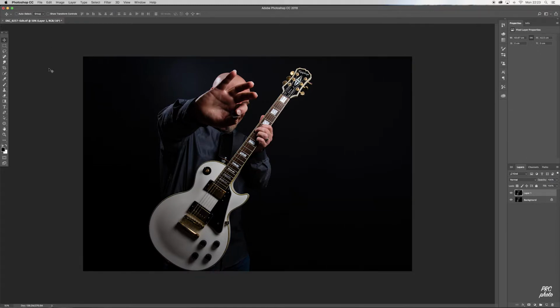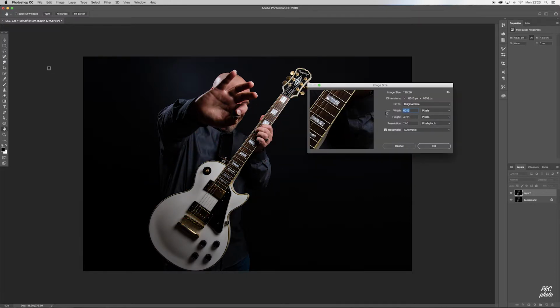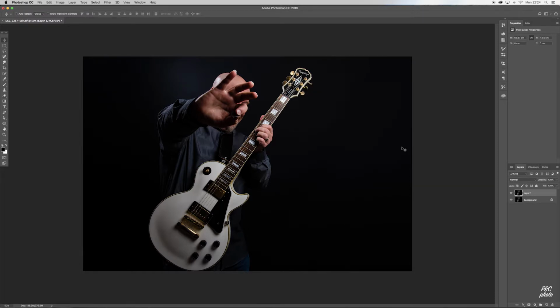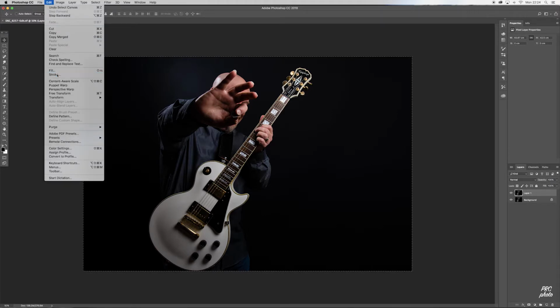First of all, what we're going to make sure that we do is we know the size of our image, because that will have a bearing on the size of the pixels we use. Now this is obviously a very big file. We can see here the width is over 6,000 pixels. So let's cancel that. Because we know that, if we select our image, go up to edit, down to stroke,